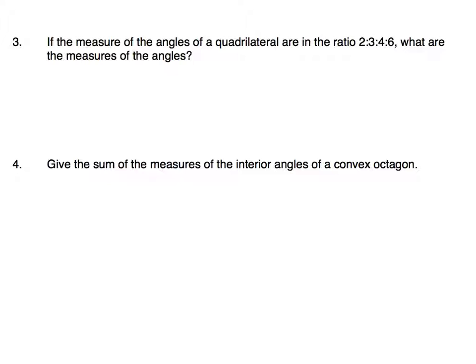Alright, we have one more here. We want to give the sum of the measures of a convex octagon. Okay, first thing we need to know is how many sides are in an octagon. Well, that's kind of like octopus, that's 8 sides. So that means I'm taking my equation, I have 8